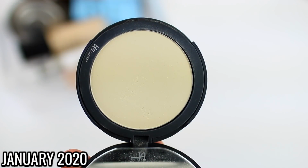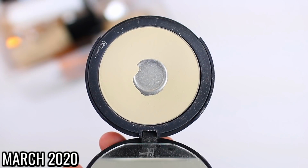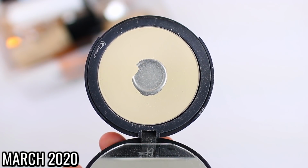I'm also working on using up the IT Cosmetics Bye Bye Pores. I thought I would be done with this by the time I filmed this update video, but I just have a really small amount left. As you can see, I've used up the majority of this, so I think I should be able to use it up completely within the next 2 weeks. So I'm pretty much counting this one as finished, but I will continue to use it until it's all gone,